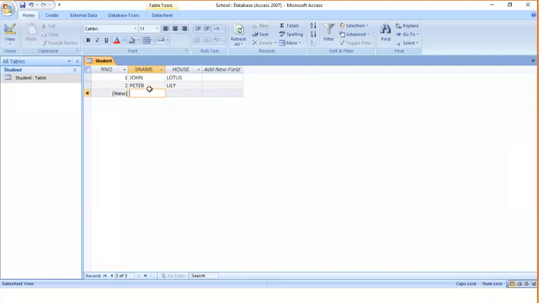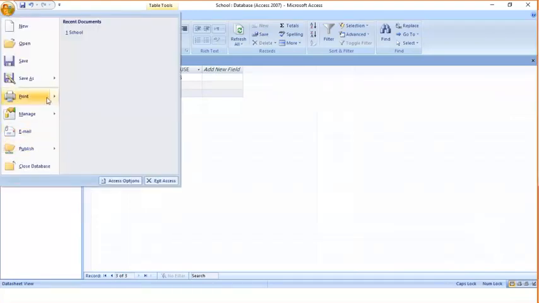This is of the text field, and you can have a numeric field as well for a mobile number or for storing the marks as well. So this way you can create a table. Okay. So now I will close this access, and I will show you how to open the database again.